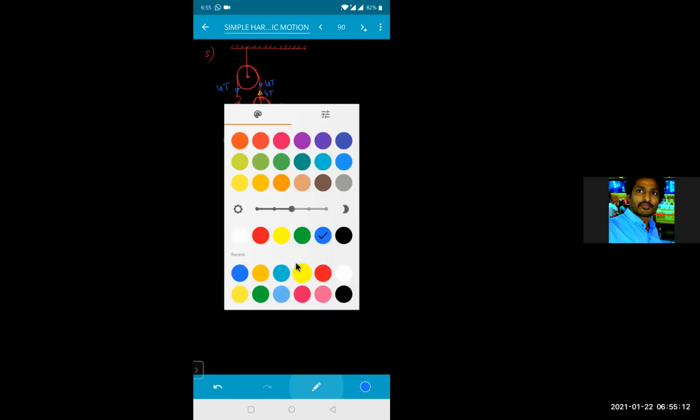If this is 2T and this is 2T, here it will be equal to how much, beta? And here in the upward direction, this will become how much for me? 2 and 2, this will become 4T. Here also it is 4T. Here also it is 4T. And here also it is 4T.